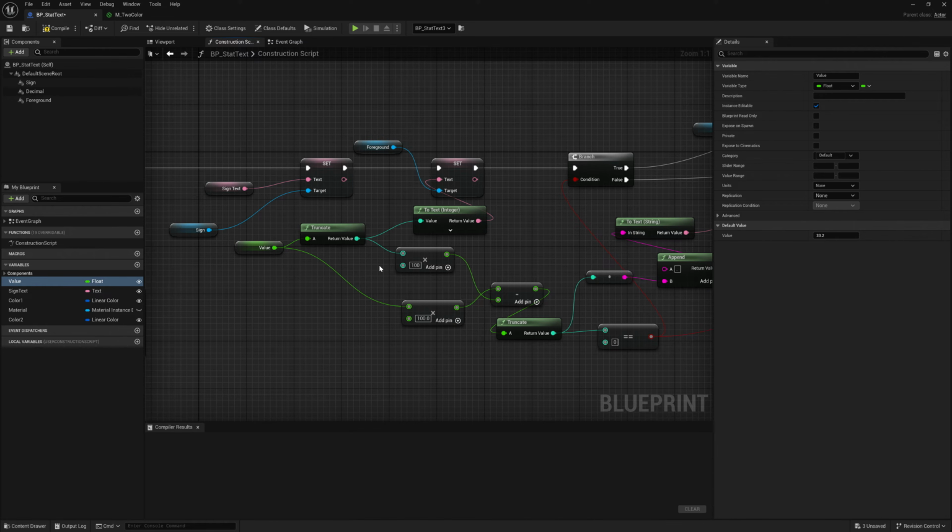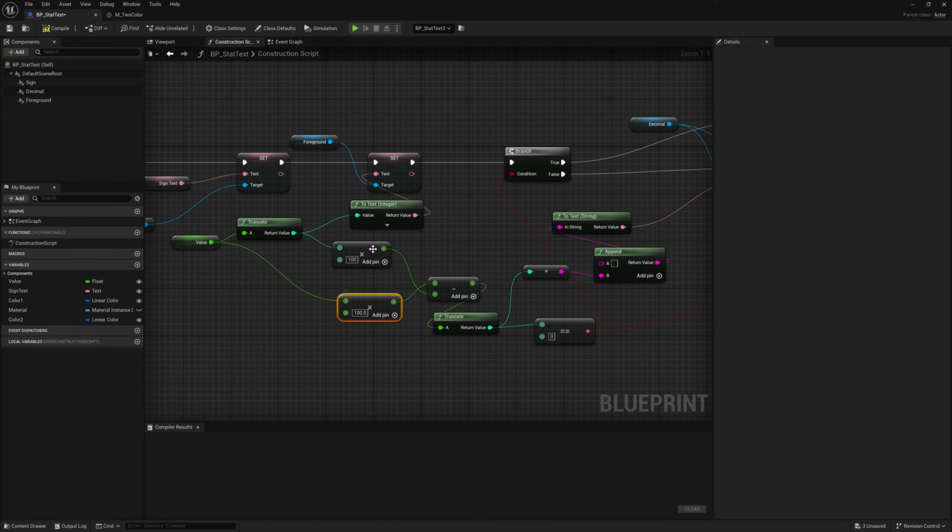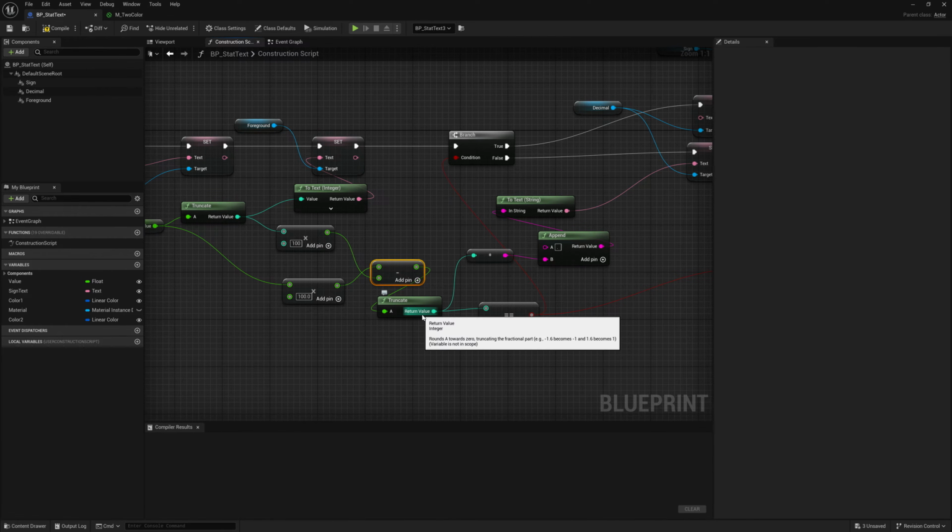Then a little bit of complex math. I multiply both by 100, which gives me 2 decimal places. Or sorry, the decimal place moves to the right 2 times. I then subtract each other to get just the decimal place. So in this case, if I entered 33.2, times that by 100 gives me 3,320, minus this truncated version versus the full version gives me just 20, and then truncate that in case there's additional